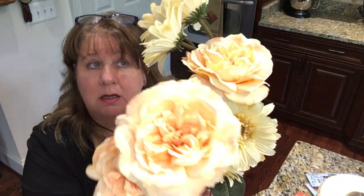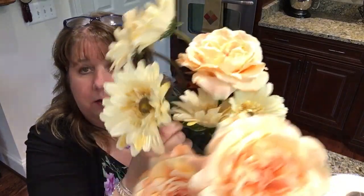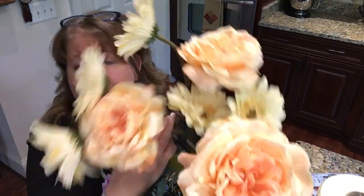3 peonies, and then I have 6 of the Gerber daisies. And I'll do 1 flower flanked by 2 Gerber daisies, or somehow I'll put it on there. So that will be the wreath. And I obviously don't have time to do the wreath today